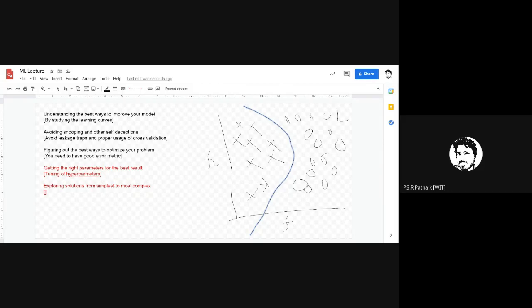And imagine if it is in a 3D box. For example, if I am in a three-dimensional data field, some points are here, some points are up here, and some points are here. Then these are separated by a curved surface, some kind of curved surface. It now separates this entire two-class classification.